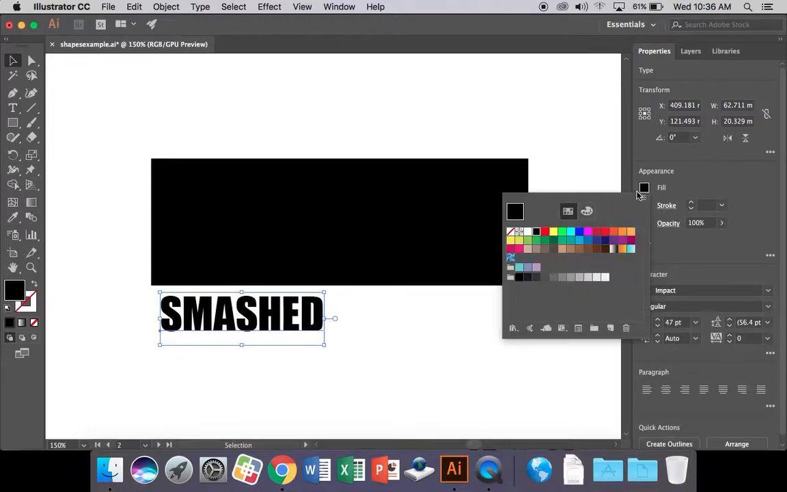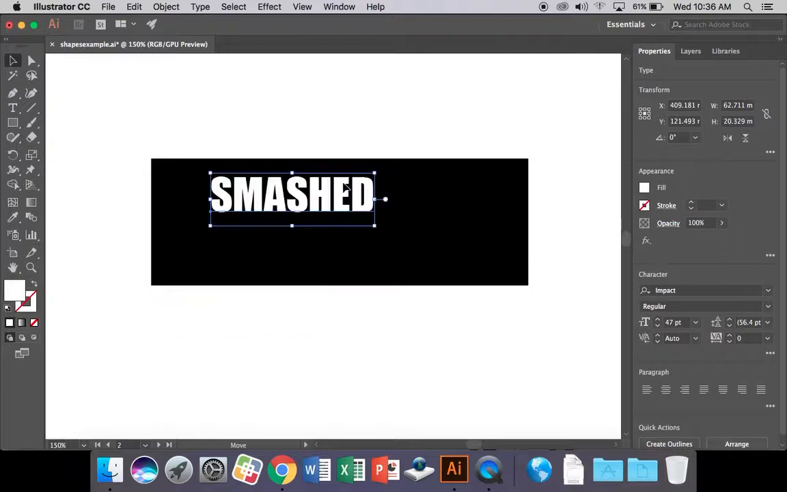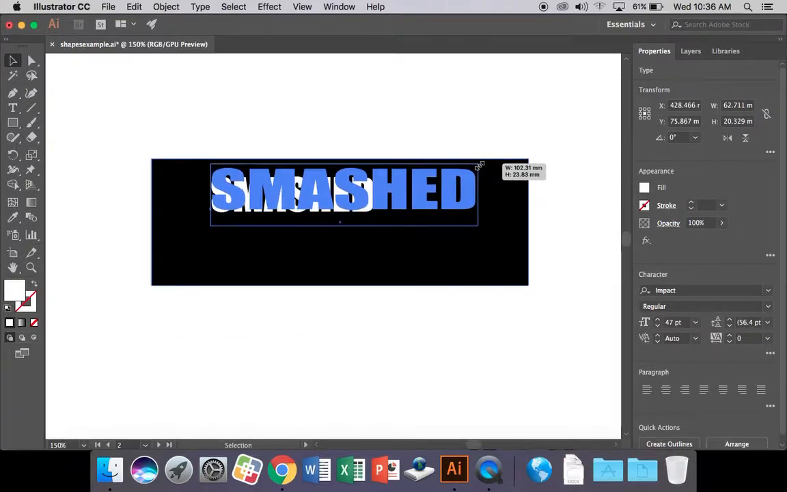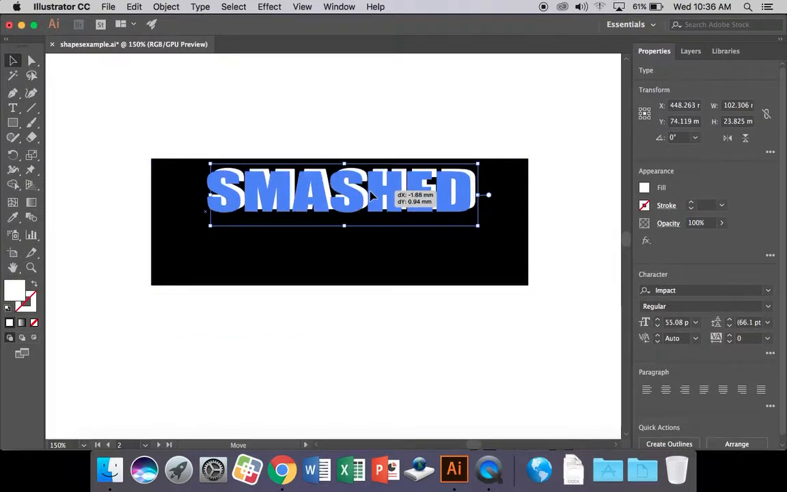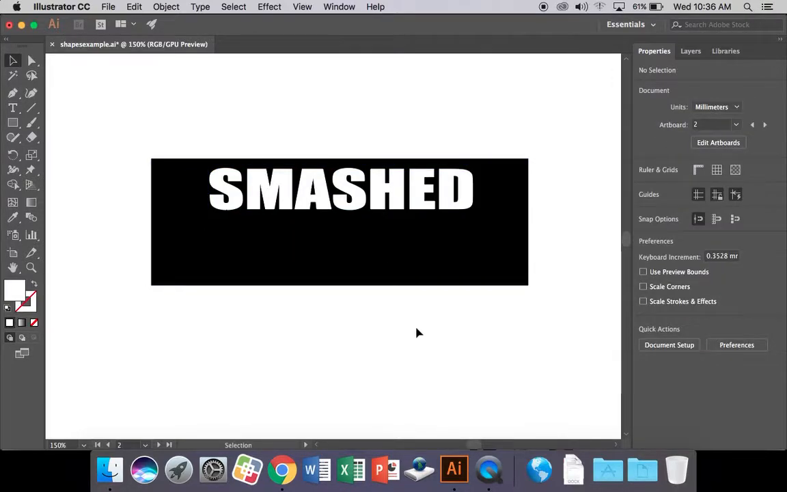I'm going to change the fill color to white so that we can see it on top of our black text box, and grab the corner and just going to size it and put it roughly in the middle there. There we go. Now what we can do next is we can use a similar technique, or the same technique, sorry, that we used in the last video,